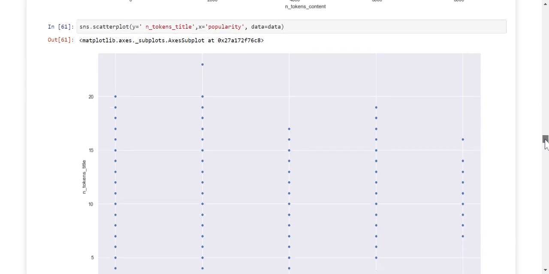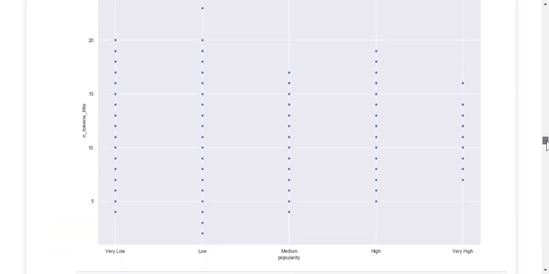Then we have another one for title and popularity, showing how many words in a title there should be to land in a good category of viewership. If you have a title which is very, very long, it falls in the category of low viewership.